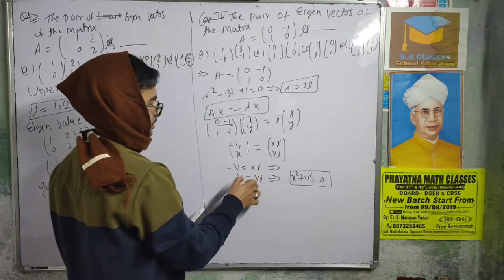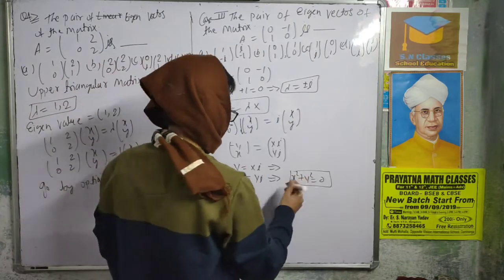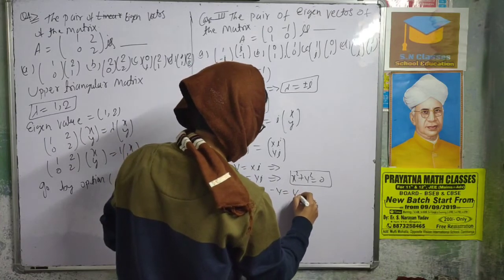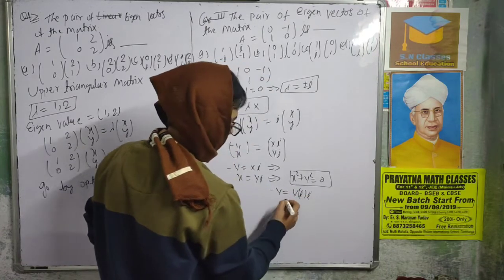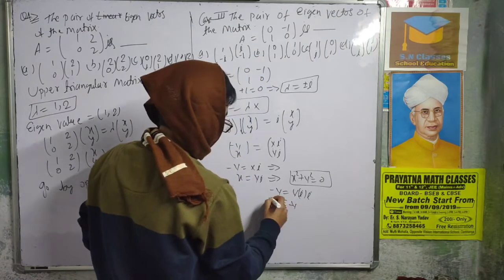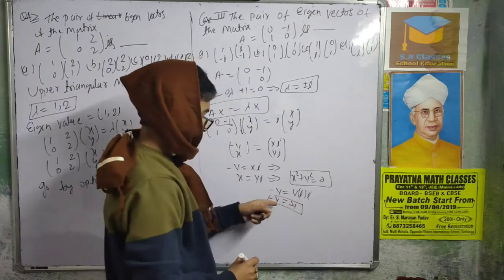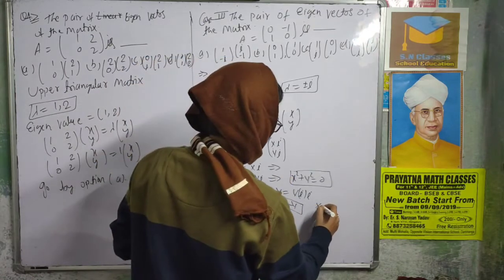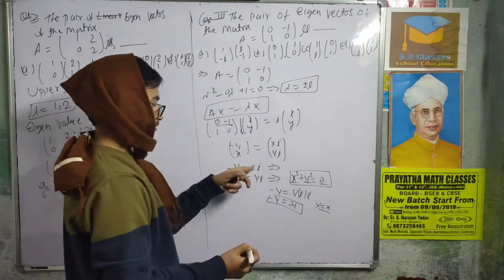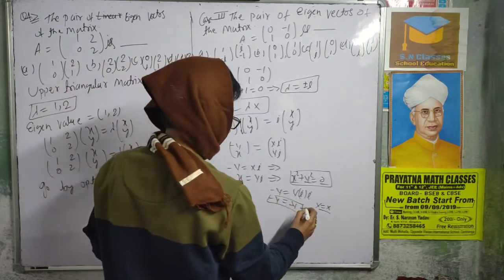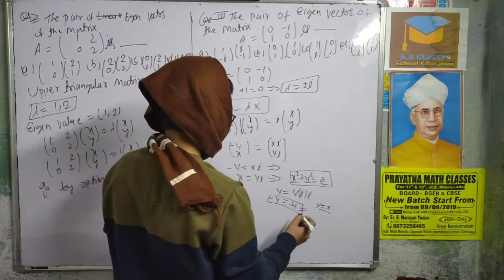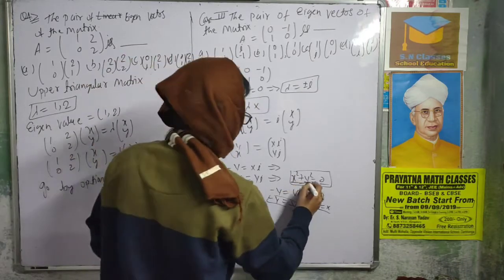Put the y value in this equation, or the x value in this equation. So you will get minus y equals this, putting in this. So y into i into, already i is there. So i into i, iy, is as per minus 1. This also is minus 1, hence proved. Similarly, put x also, you will get x equals x. It means that x square plus y square equals 0. If you put this value in this equation you get this expression, and if you put this value in this, then you will get this result after all.